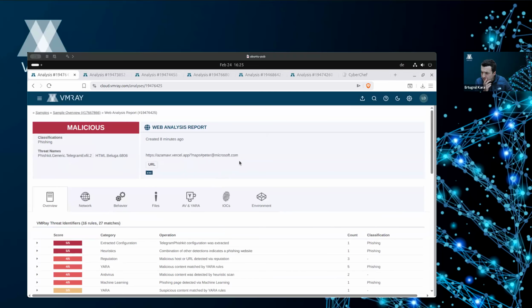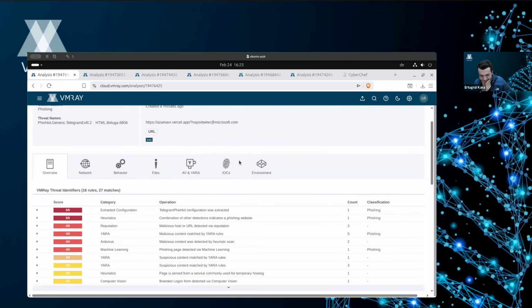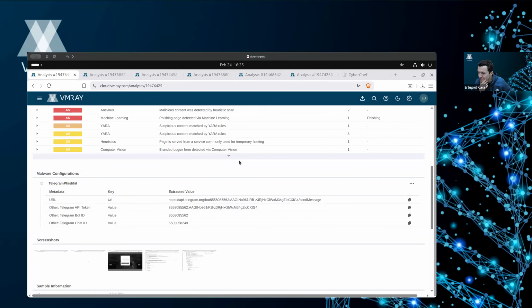Just to interrupt, maybe it's a dumb question, but we don't really see the config extractor very often for phishing kits, right? Yes. So I just want to ask if it is extracted via static or dynamic analysis in this case. Well, that's basically a dynamic analysis, but in terms of a web analysis.